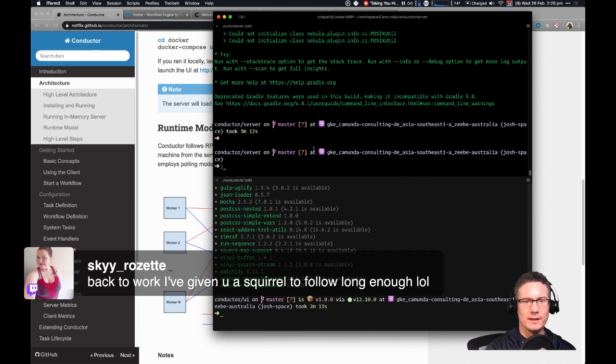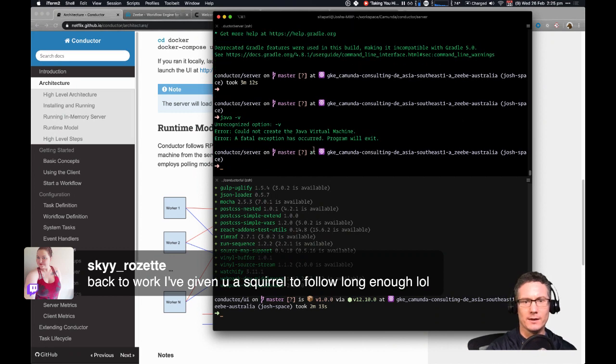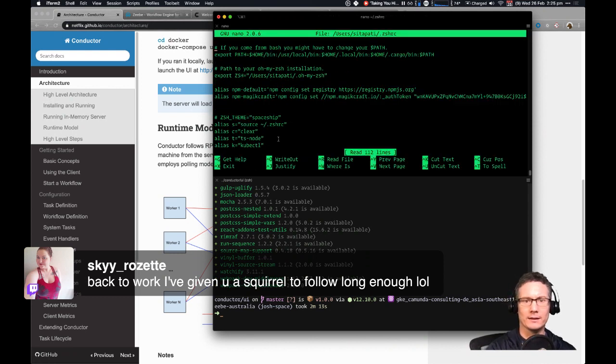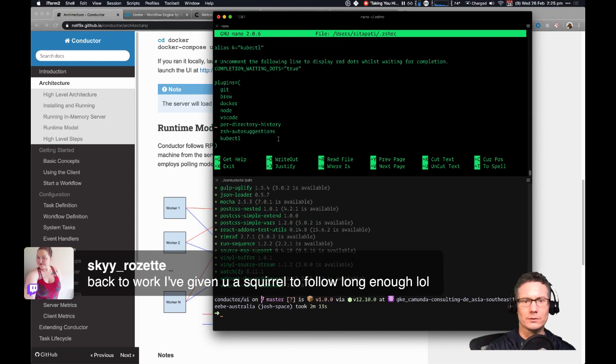So if I run Java -version, okay. I'm running JDK 11. I think in my .zsh file, at one point, maybe on a different machine, I created aliases.